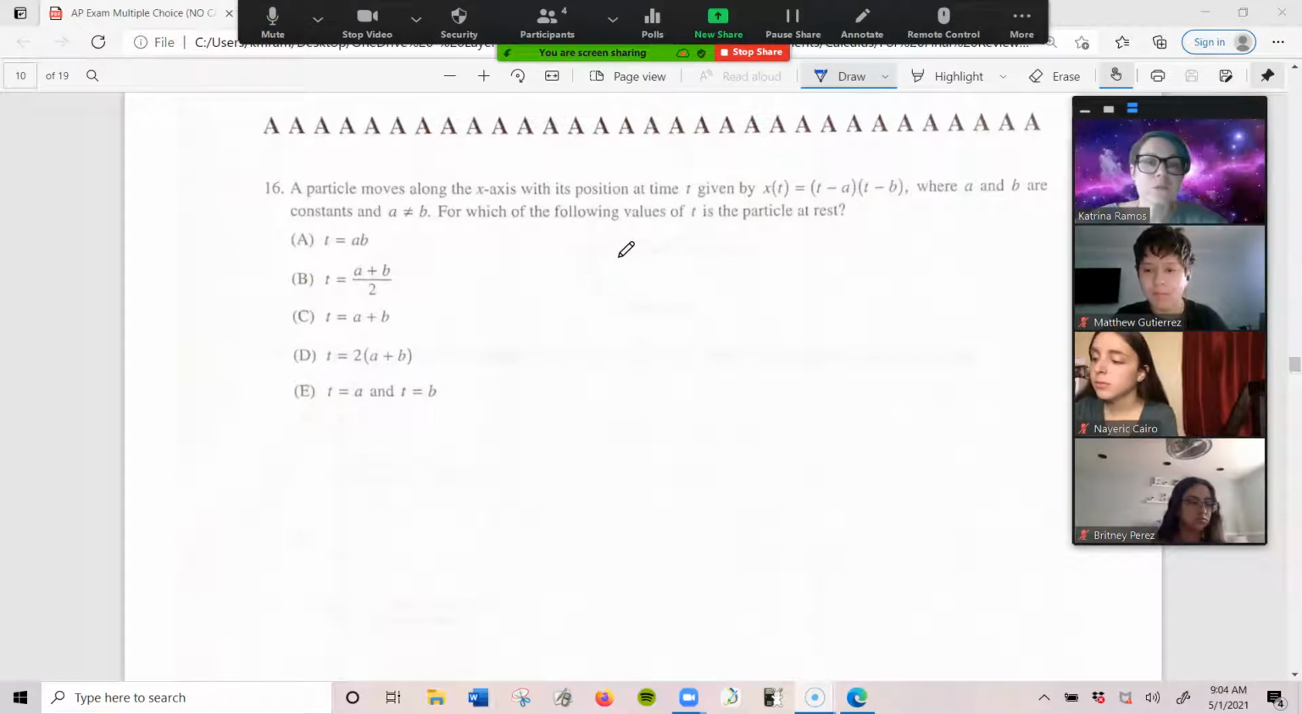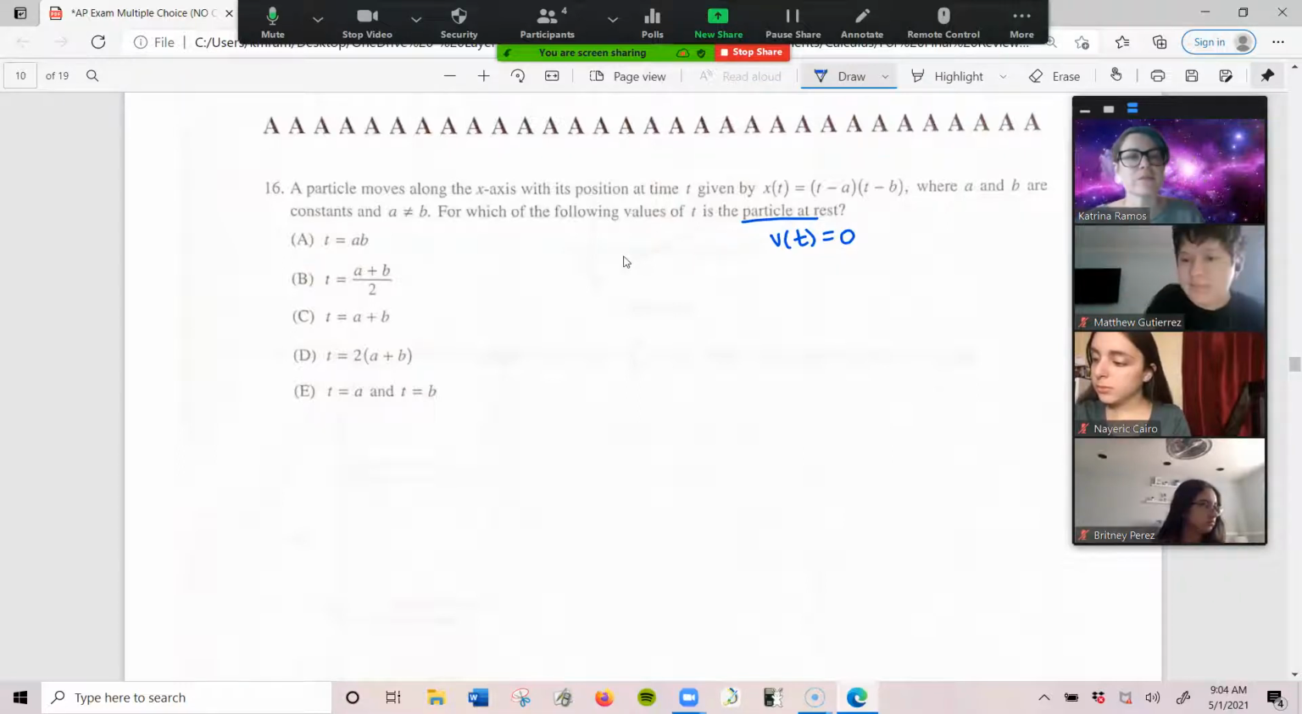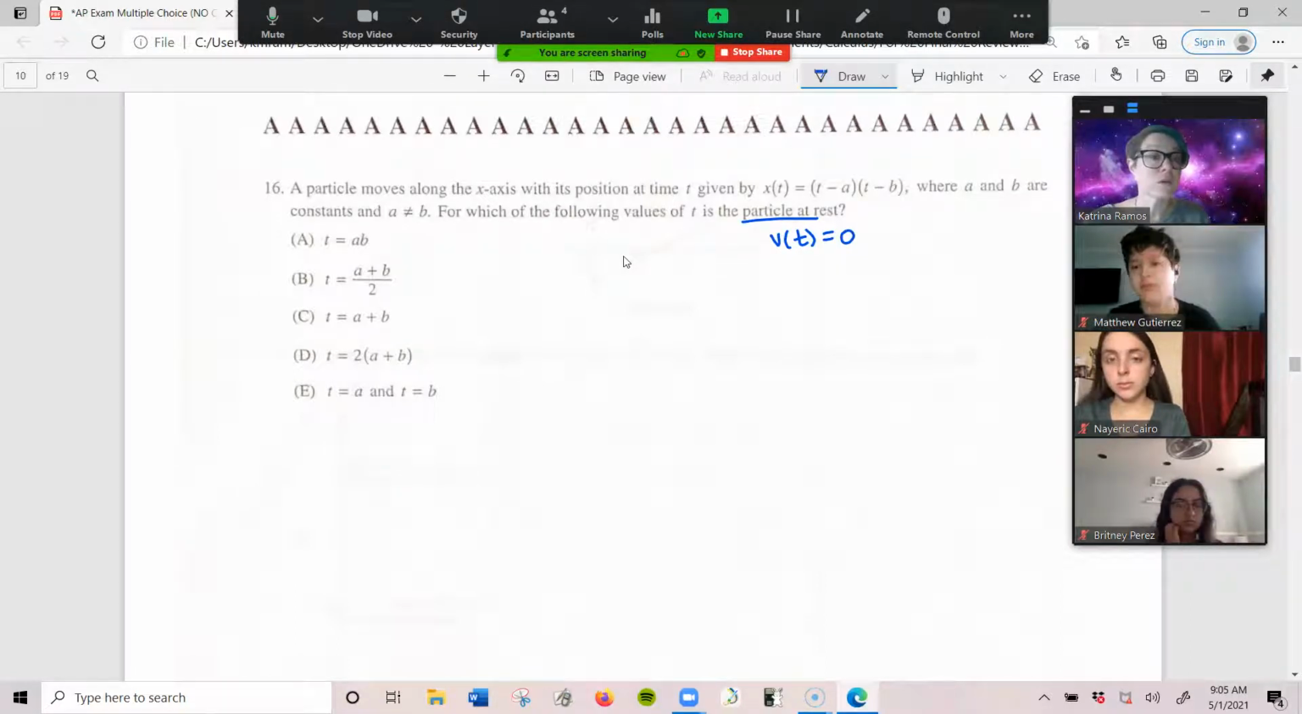So for this one, if the particle is at rest, that means the velocity is equal to 0. Okay? So we need to find the derivative of the position function and then just set it equal to 0 and solve for t. Now you can find the derivative either in two ways. You can use the product rule, because this is a product, or you can multiply it out, like FOIL, and then use